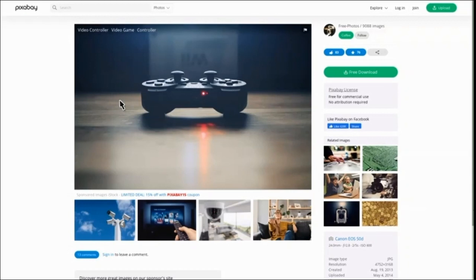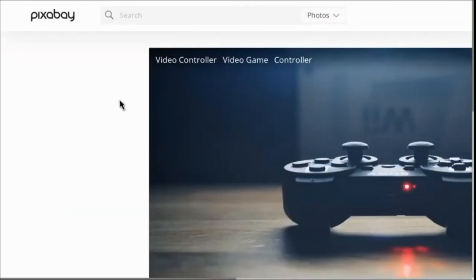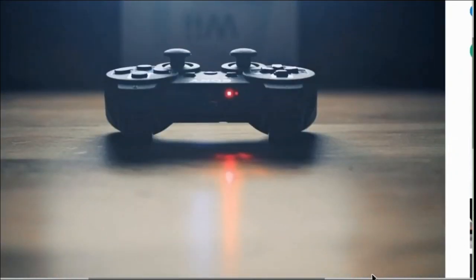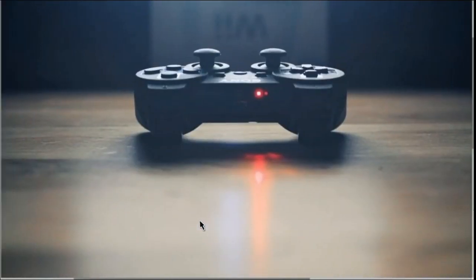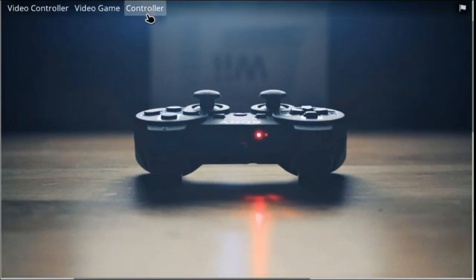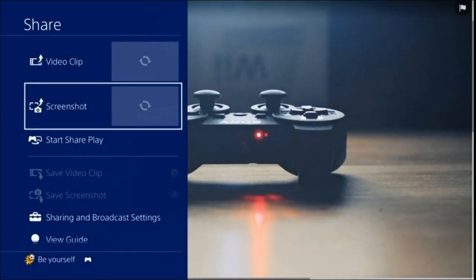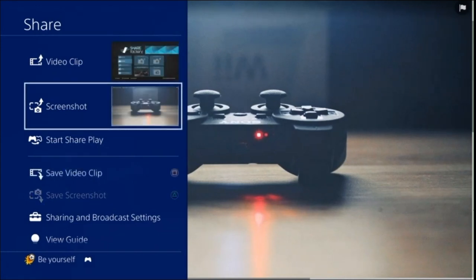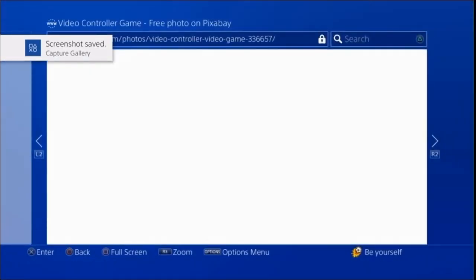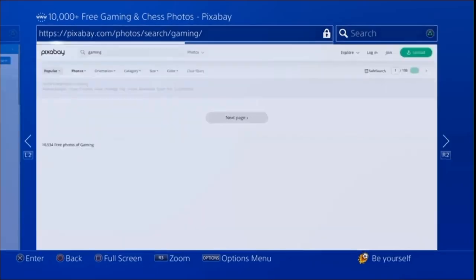Now what we want to do is use the right stick to zoom in, and it allows you to zoom in twice. Okay, so push once and push again, and then that will make it to this sort of size here, and then you can just move the screen around. You can use the D-pad as well to move it around, and then once you've got it to where you want it, you need to try and move the cursor, the arrow, out of the way as best you can, and then you push the share button on the controller, and you click on screenshot or push the triangle button to take a screenshot. It says capture gallery screenshot saved, and then again you can push the circle to come out of that,